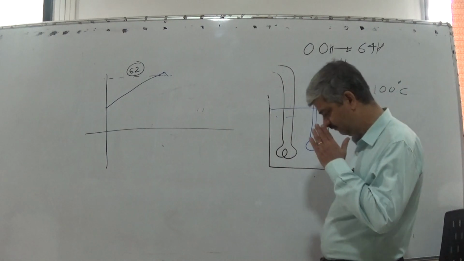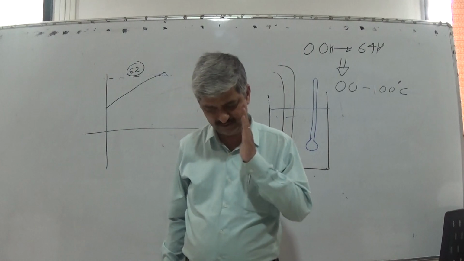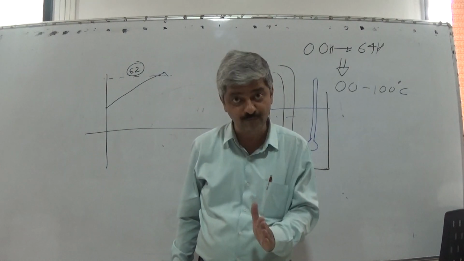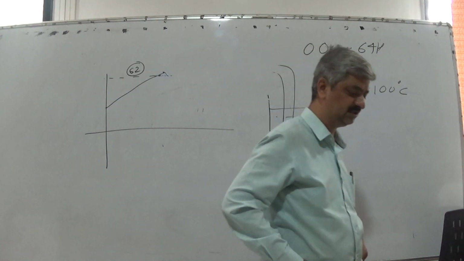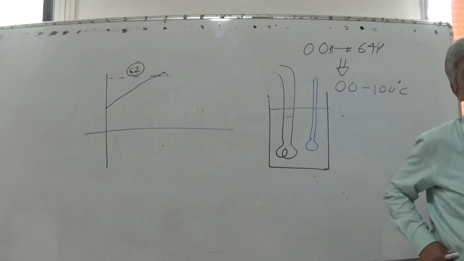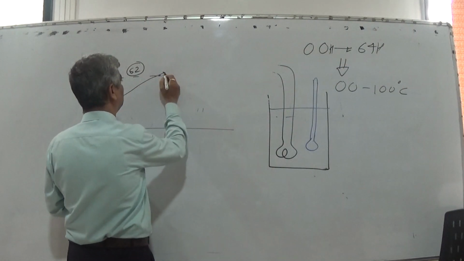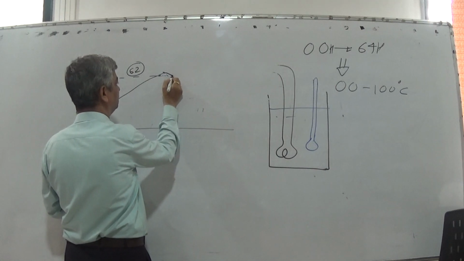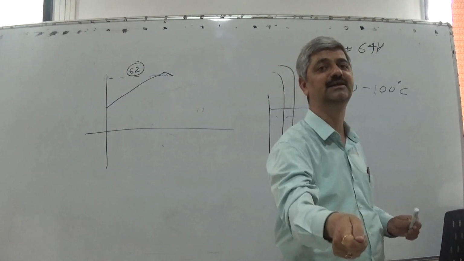After it reaches 62, then naturally, the heater you have already made off. So when you make the heater on, temperature continues to rise, and when temperature reaches 60 degrees, you make the heater off. Even if you put the heater off, temperature continues to rise, say up to 62, and after that it will remain constant for some time, and then it starts falling. It falls below 60. So when it falls below 60, what will you do? Again you will put the heater on.